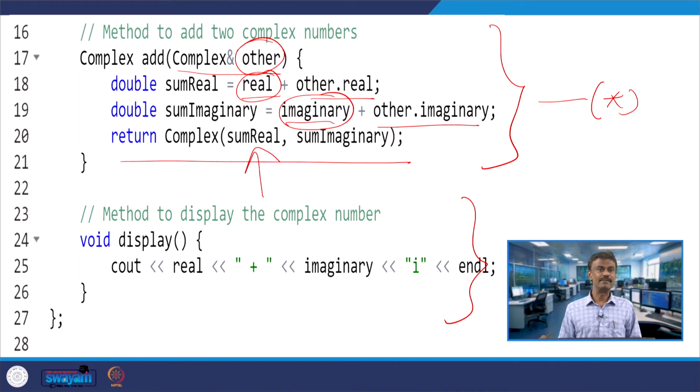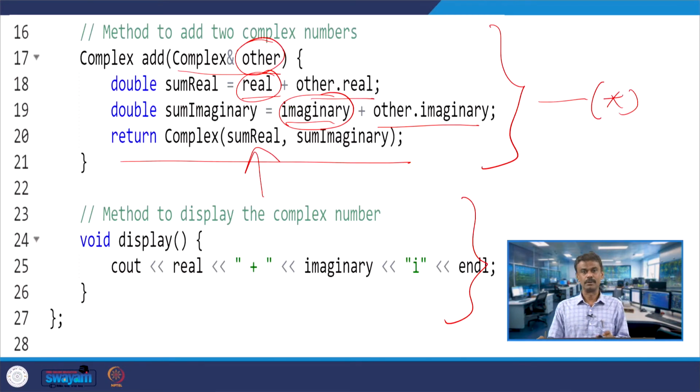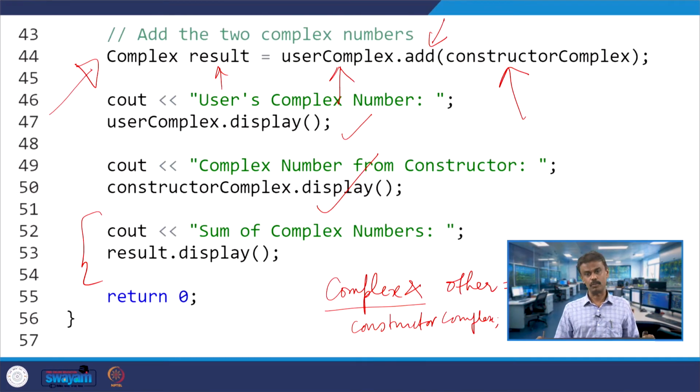The other will be copied, so this constructor complex will be copied into other, so other dot real and other dot imaginary. The corresponding real parts and imaginary parts will be added and then returned as sum real and sum imaginary. When we run the code, we get the same output.